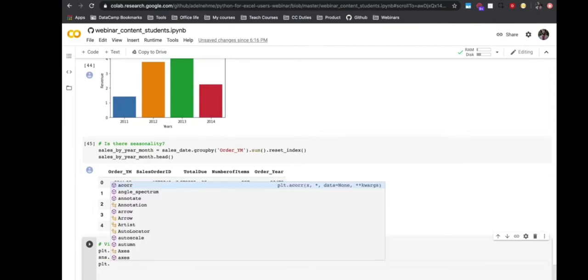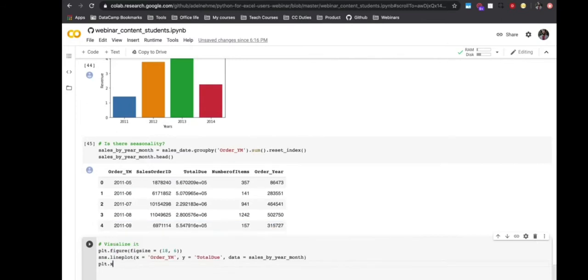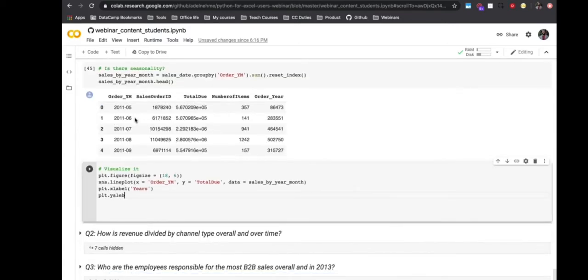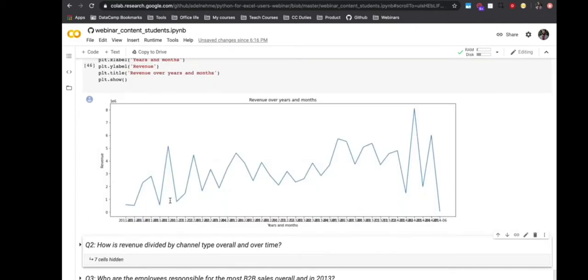And then what I want to do is add the x label, years, as well as the y label. Sorry about that. So that would be revenue. So actually, just do years and months. And then I want to add the title, revenue over years and months. Just making it a bit more consistent here, removing the capitalization. And then I'm going to add plt.show, and you're going to notice that there is something going wrong with this visualization,